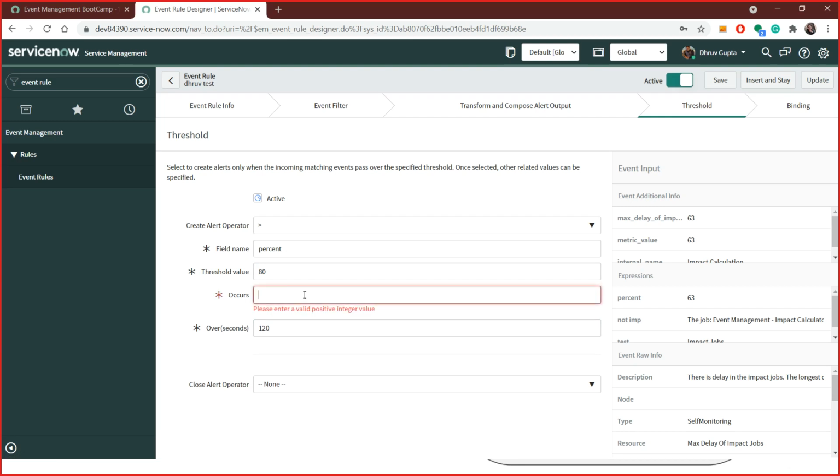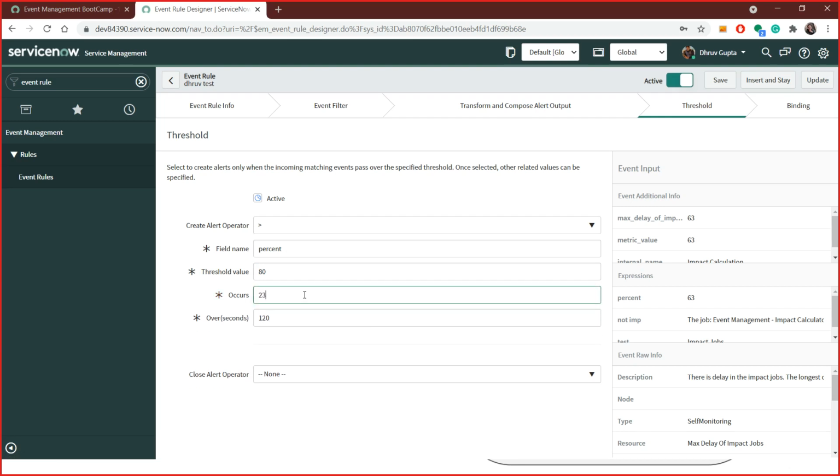I can set it like this, 23. So I should get 23 events saying that the percentage is greater than 80 during this 2 minutes time.